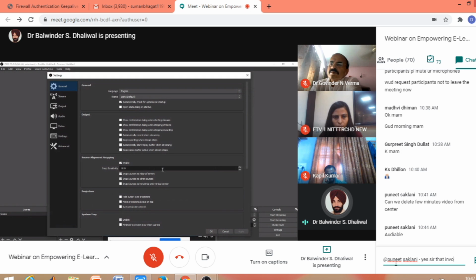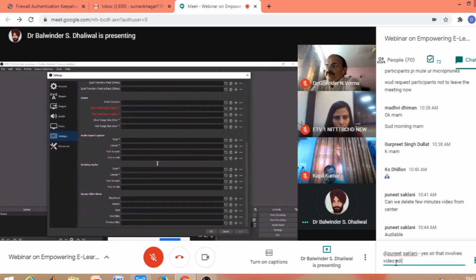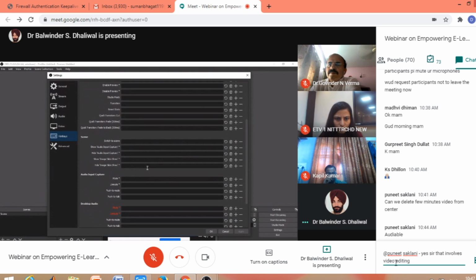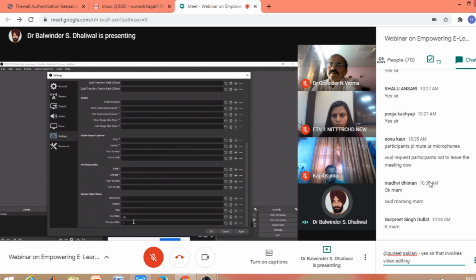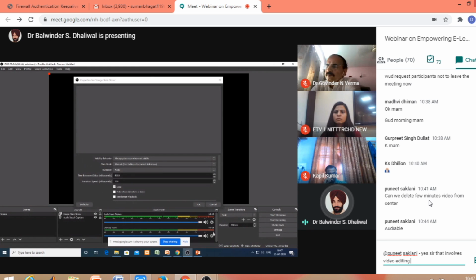We can use hotkeys for up and down. Here under image slideshow, for next slide, we can assign any key. Say I am assigning the up arrow key for going to the next slide. For going to the previous slide, I am assigning the down arrow key. So this way we can assign our hotkeys. After applying this, now our hotkeys are ready.